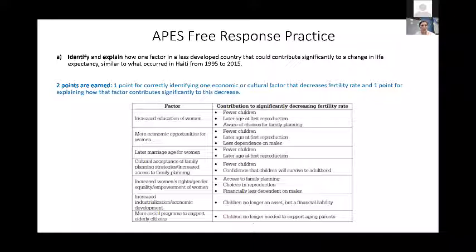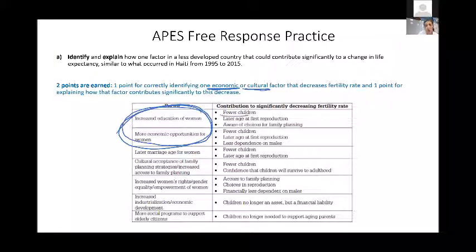All right, so let's look at the economic and the cultural factor that decreased fertility rate. So be careful here again, this has to be economic or it has to be cultural. And you get 1 point for the factor and then 1 point for the explanation. In general, if there's anything that you can remember that helps to reduce TFR, it is going to be these top two. I would say if you can just remember that, that will always be applicable to a question like this. If you increase education for women and more economic or job or work opportunities,